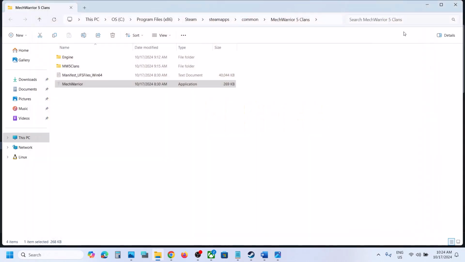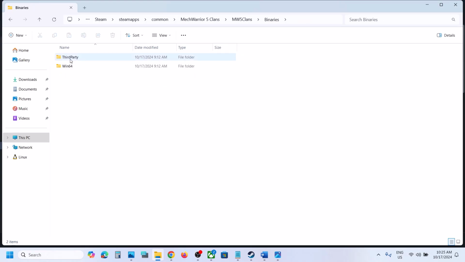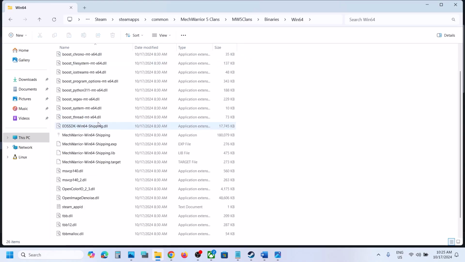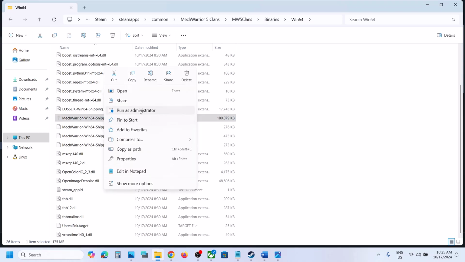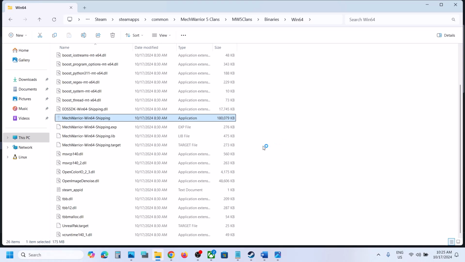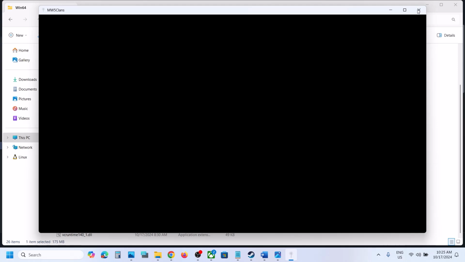You can even open this MW5 clans folder, Binaries, Win64. If you want to run as an administrator, make a right click and then click on run as administrator, and then click on yes, and you should be able to launch the game as an administrator. And you can even try